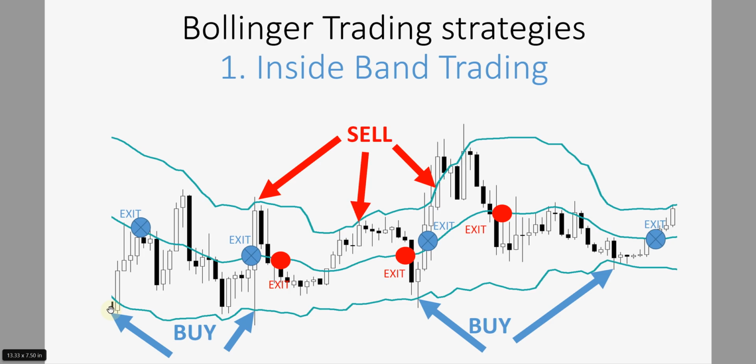Conversely, you sell when prices test the high of the range and the upper band. So here prices are testing the upper band, prices are testing the lower band. So when they test the lower band, you will buy. When they test the upper band, you will sell. So because they are in a range, you can do the two directions together, buy and sell, once it reaches